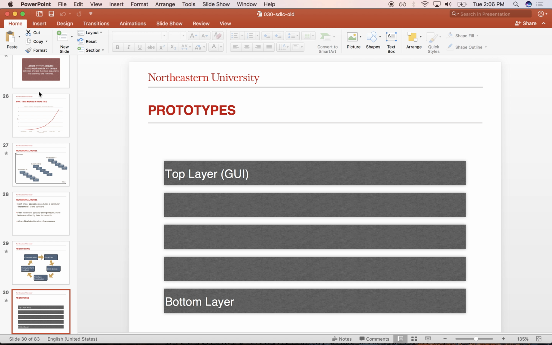So we might create a prototype in the bottom layer for creating the data layer, right? The DAO. How will we implement that? What things map to things that we might understand, and what are the best practices for that particular implementation? Same thing for the top layer. We would